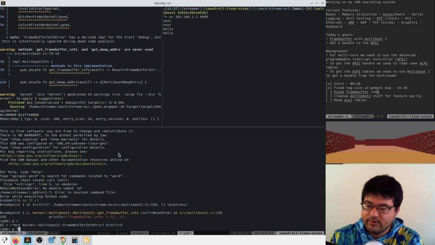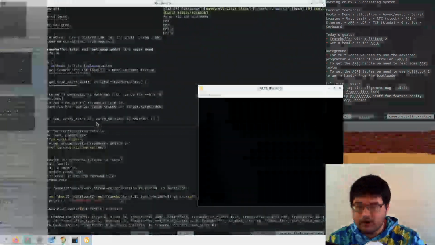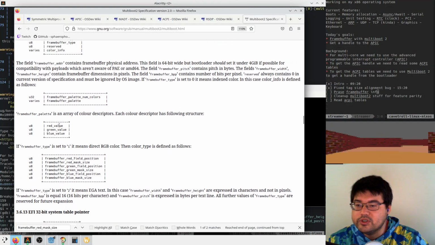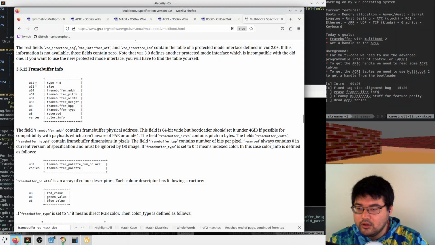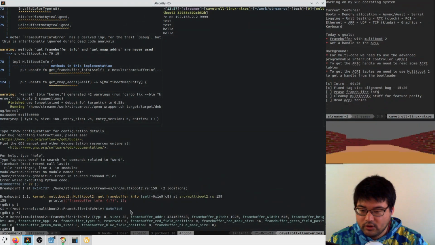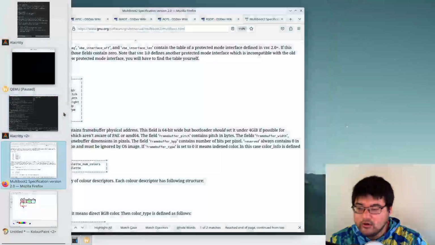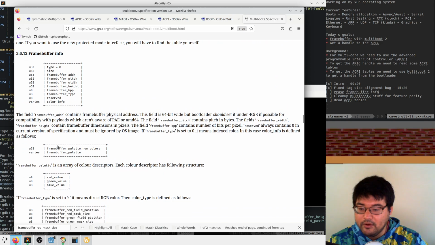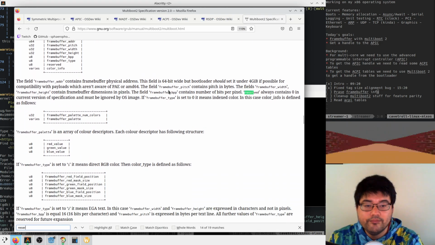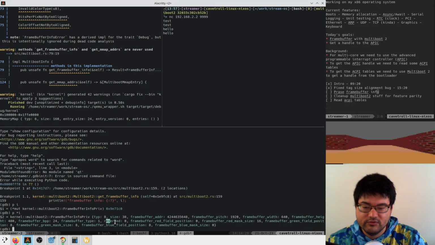Okay, so what do we have? We have p star I, and if I look at this guy, we should have the type as the first thing in here. Yeah, so if type is 8, that lines up. And does our frame buffer type line up as well? Frame buffer type should be 1. Great. And then reserved always contains 0 in the current version of the spec. So here we have frame buffer type, reserved 0.